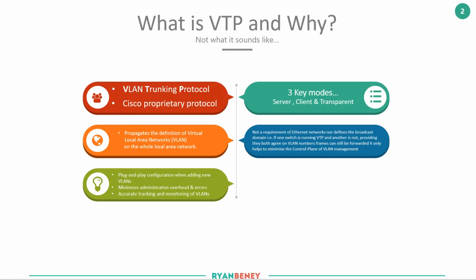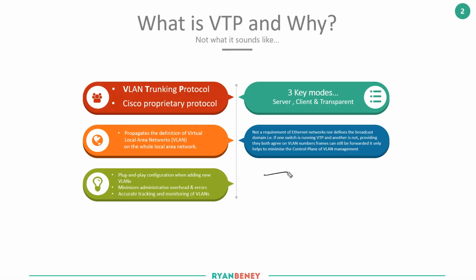Now I've got a little quote here, and it's a little bit small, but I'll read it out. It says, "It's not a requirement for Ethernet networks nor to define the broadcast domain, i.e. if one switch is running VTP and another is not, providing they both agree on VLAN number, frames can still be forwarded. It only helps to minimize the control plane of VLAN management." So that sounds